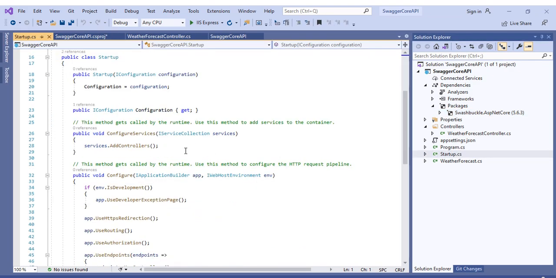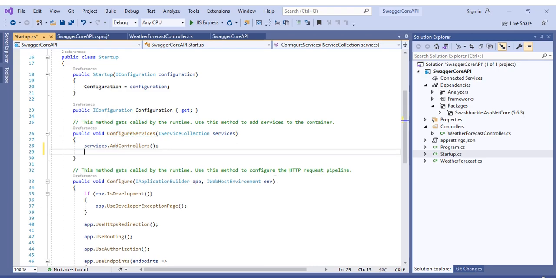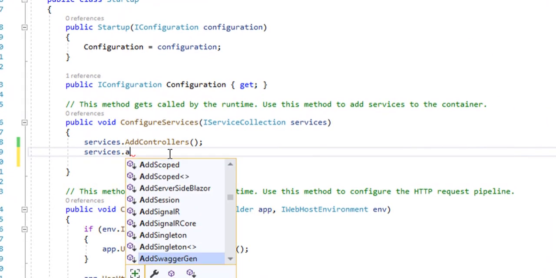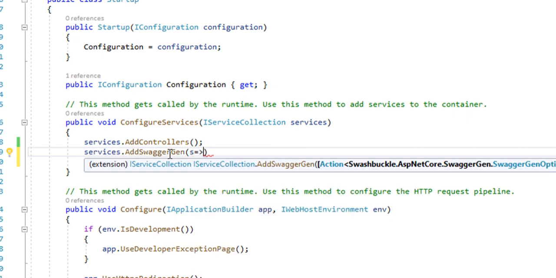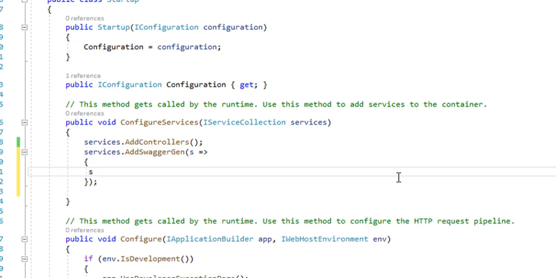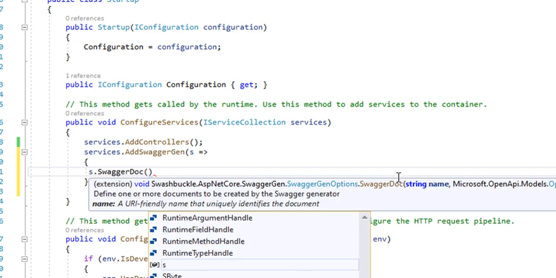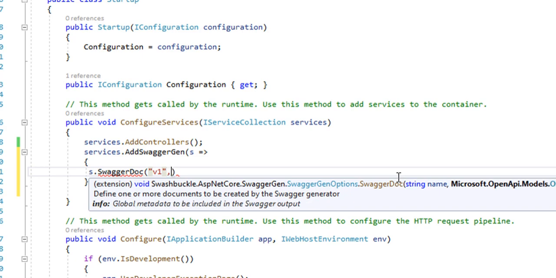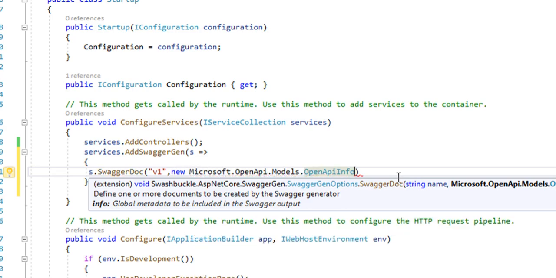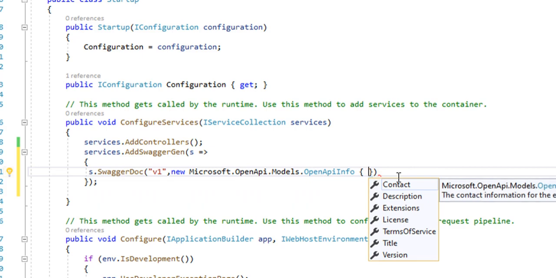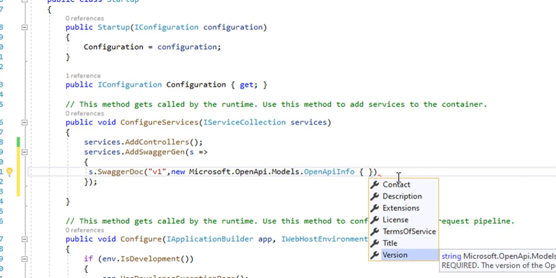So in order to set up Swagger, go to Startup.cs. Here, go to the method called ConfigureServices, and here you type services.AddSwaggerGen. Take the arrow function. Now here s.SwaggerDoc, and it will take two parameters: the first is the string v1, and the next one is new OpenApiInfo, which takes details like contact, description, extensions, license, terms of service, title and version.